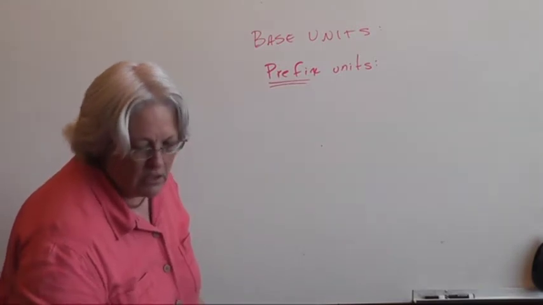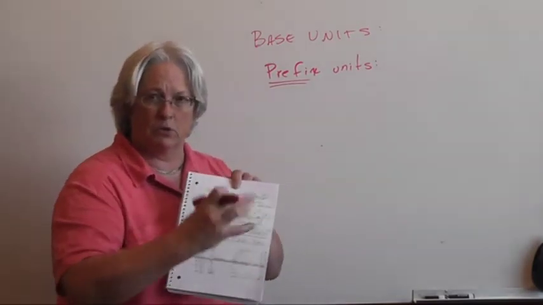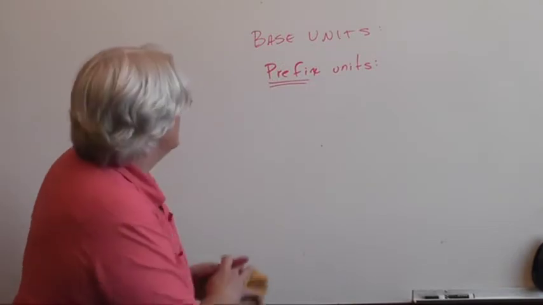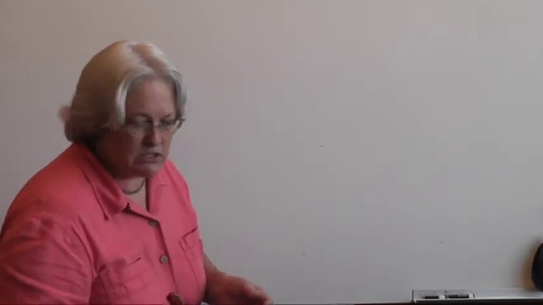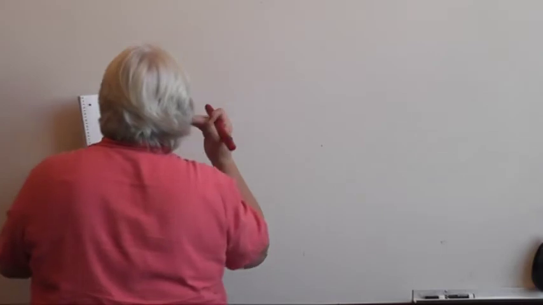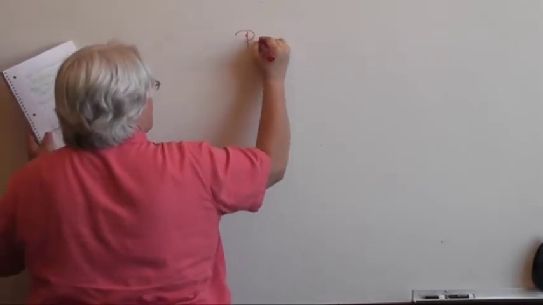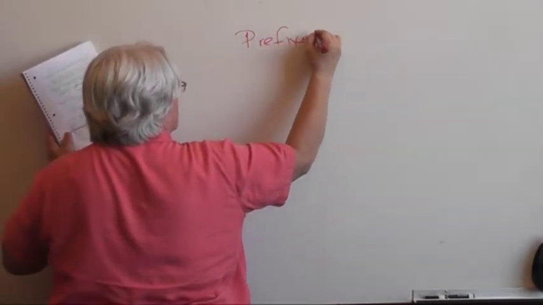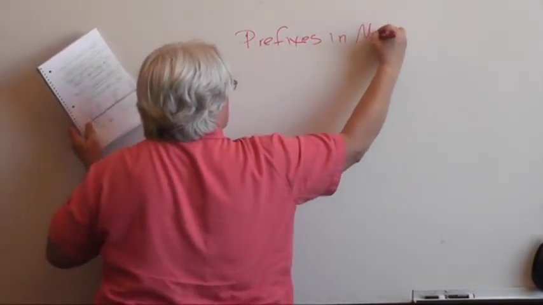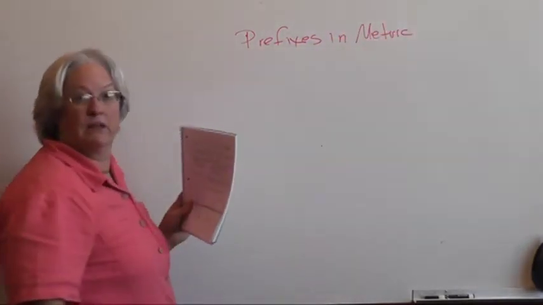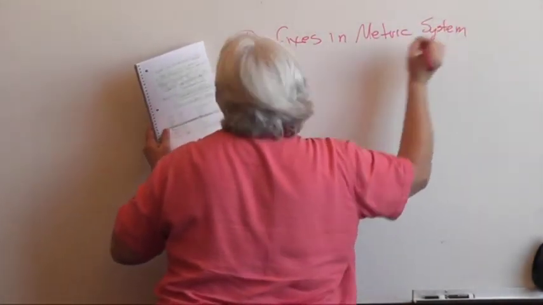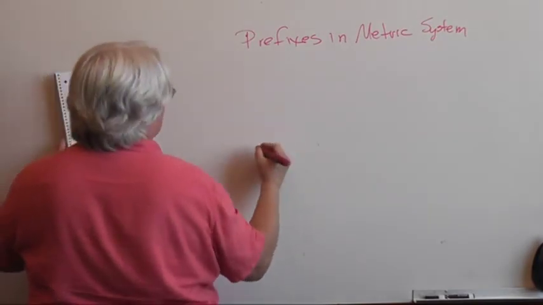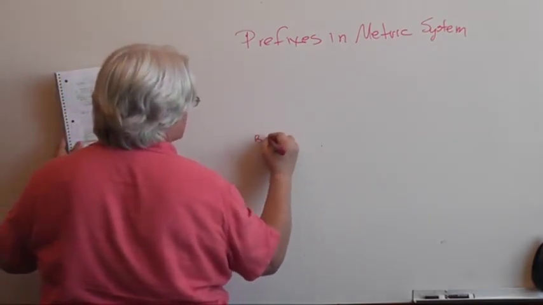So let me write, and once again I have a chart that I've gone into this book and I've combined systems. So you guys go ahead and copy this. Mr. Weibel, I'd like you to copy this out on a separate piece of paper on a big page, please. This is prefixes in the metric system. Can you see that? Just barely.